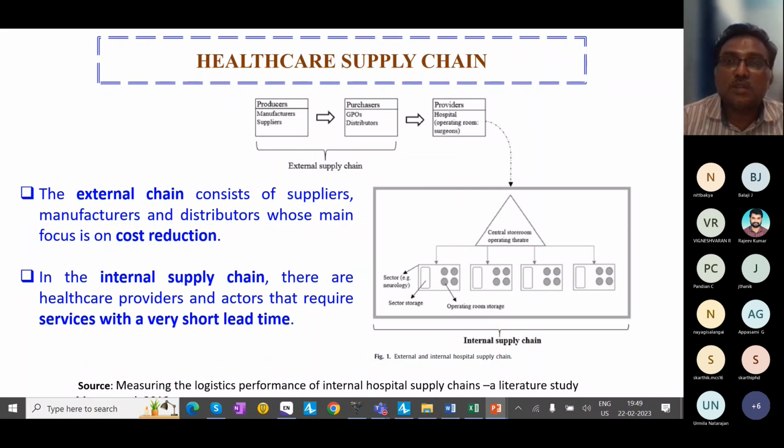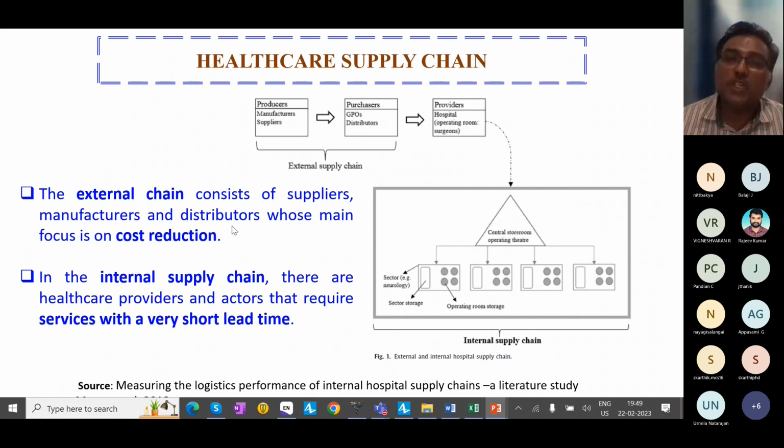What is the external supply chain? The external supply chain includes suppliers, manufacturers, and distributors, who typically supply the material required for your supply chain. The material includes everything: medical supplies, drugs, medical equipment, pharmaceuticals. Here, the external supply chain is more material-centric. Now comes the hospital. We call the hospital a service provider. In the hospital, this supply chain is typically called the internal supply chain, which is mainly focused on patients. This part is material-centric, whereas the internal supply chain is patient-centric.